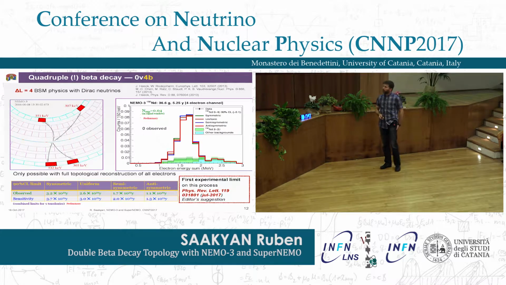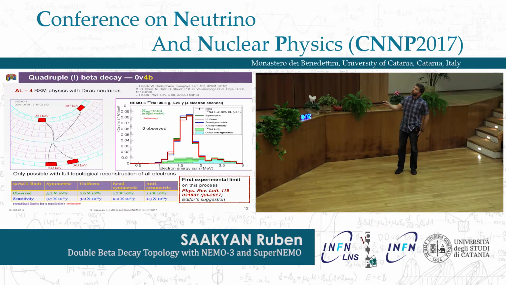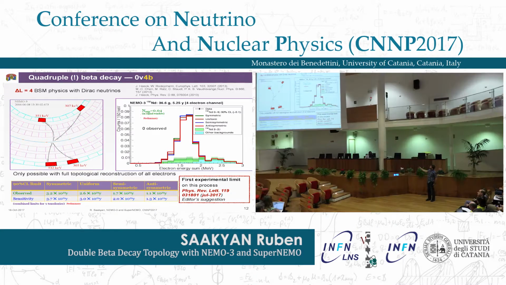Okay, so probably the news of the year was our recent publication in the PRL this summer. If double beta decay was not enough, here we go, quadruple beta decay. There are several models in which the lepton number is violated by 4 units, and those are the papers which discuss those models. This is actually, interestingly enough, only possible, at least within these models, for Dirac neutrinos rather than for Majorana neutrinos. And in this case, you can see the signature of 4 electrons emitted from a single point.